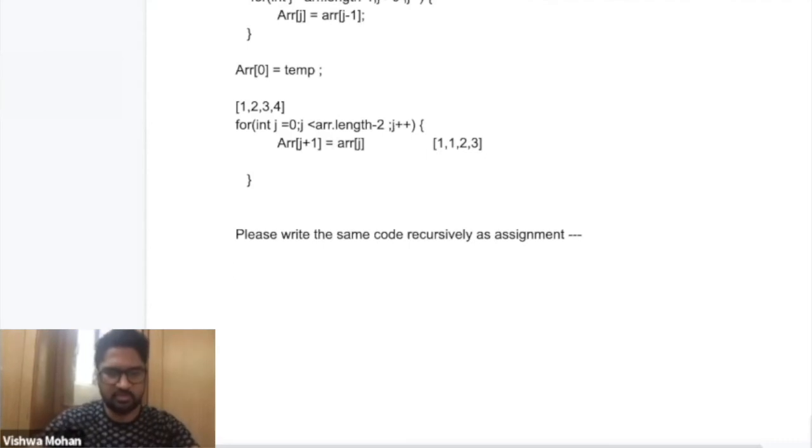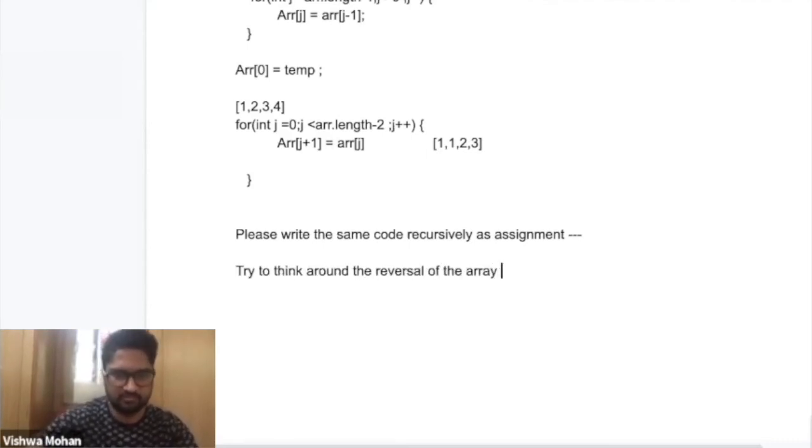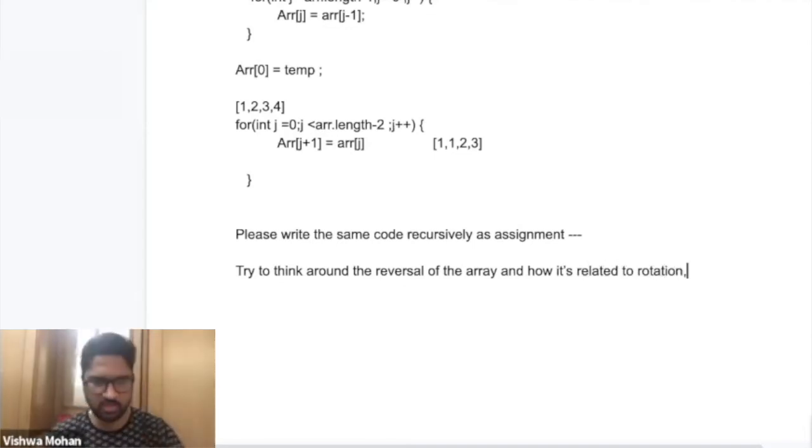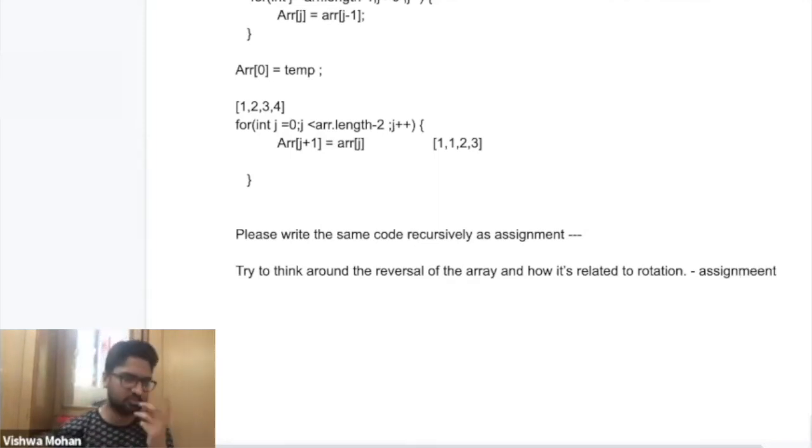If you can find a correlation between these two, you can solve this problem in linear time. So this is a hint, and I want you guys to try it as an assignment. In the next class, if you're not able to do it, we'll discuss it. But don't look at the internet, because once you do, you get the answer. The whole purpose of this exercise will get defeated. So try to think on your own. I have given you enough hint.